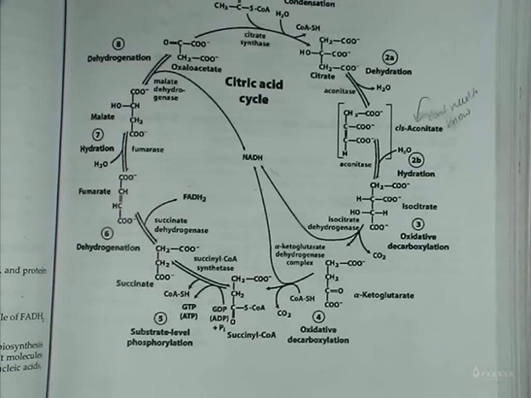So what 3 enzymes produce NADH? And malate dehydrogenase, right? So we've got isocitrate dehydrogenase, alpha-ketoglutarate dehydrogenase, malate dehydrogenase. So if you see a dehydrogenase, you're probably going to produce some kind of NADH or FADH2. What type of